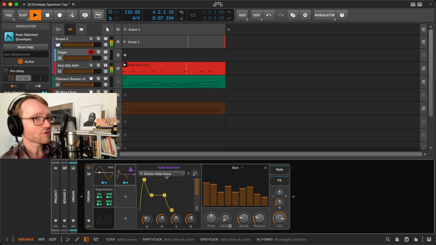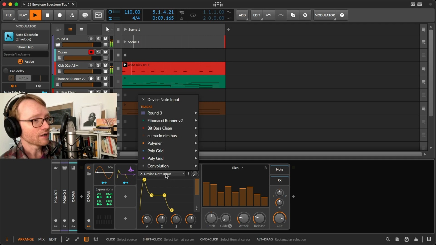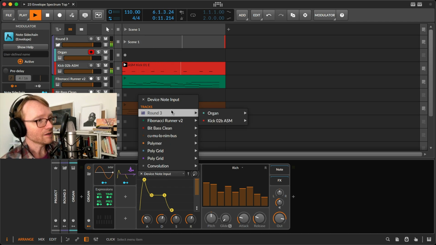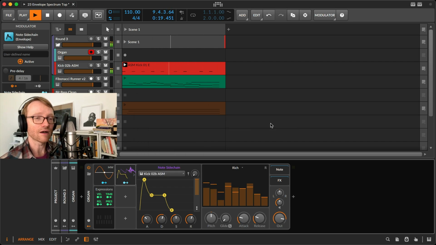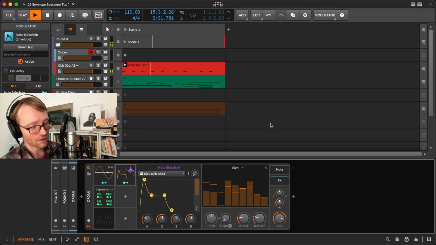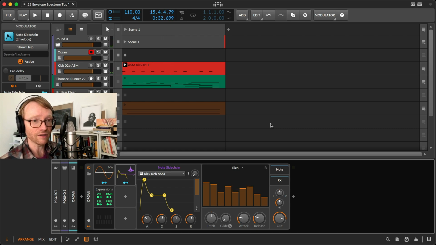And with the nature of this note sidechain input, if I went ahead and said, well, in that group, I have a kick, I see it triggering. It's good to see where the triggers are coming from. Maybe that's what I want to cue that envelope. Now, again, this is a control signal. The audio signal is being queued up when the notes are actually played on this track so that the organ will make sound. So if I hit stop and I play,